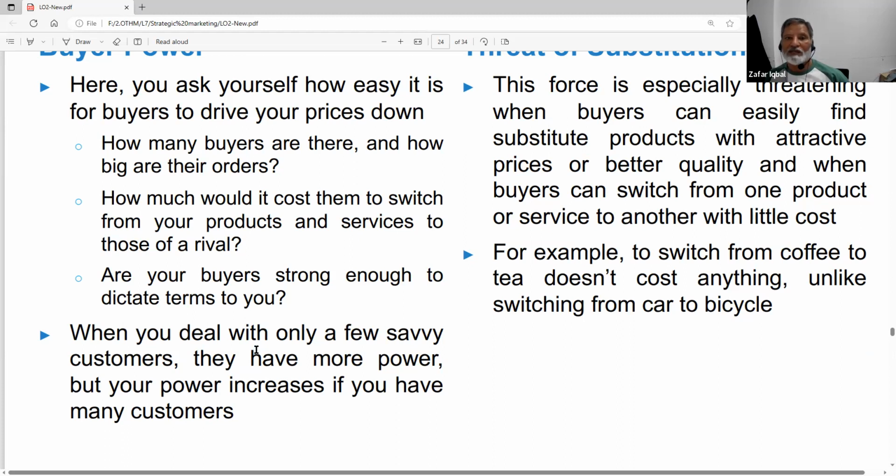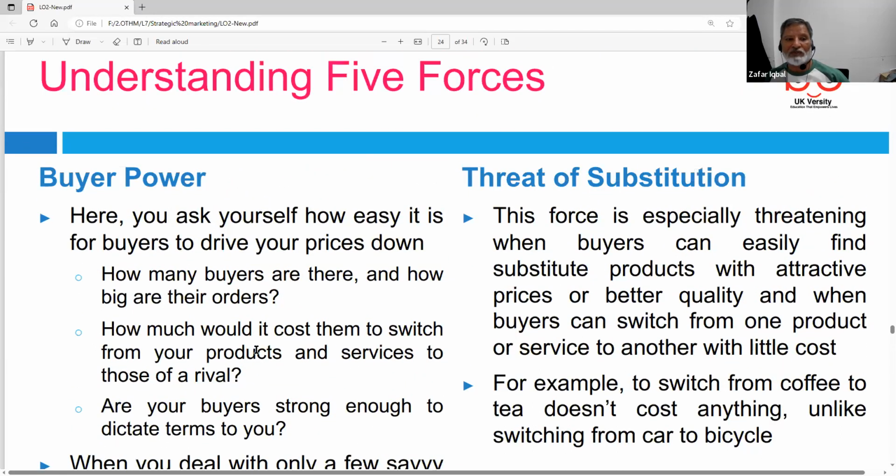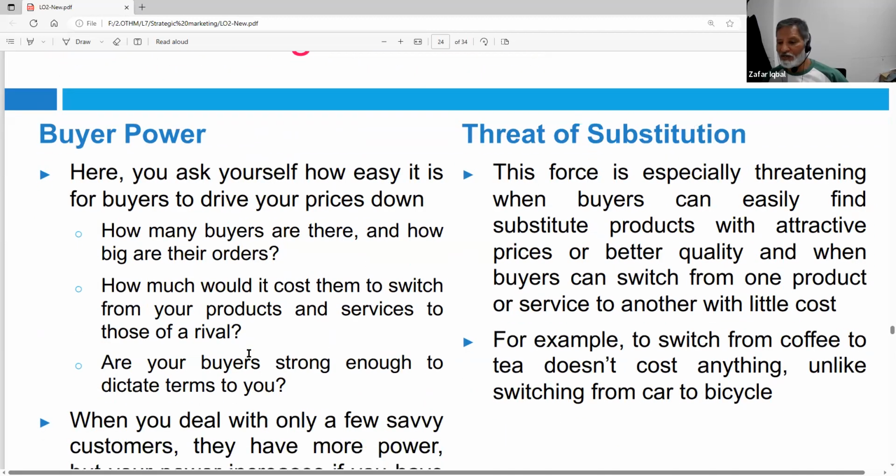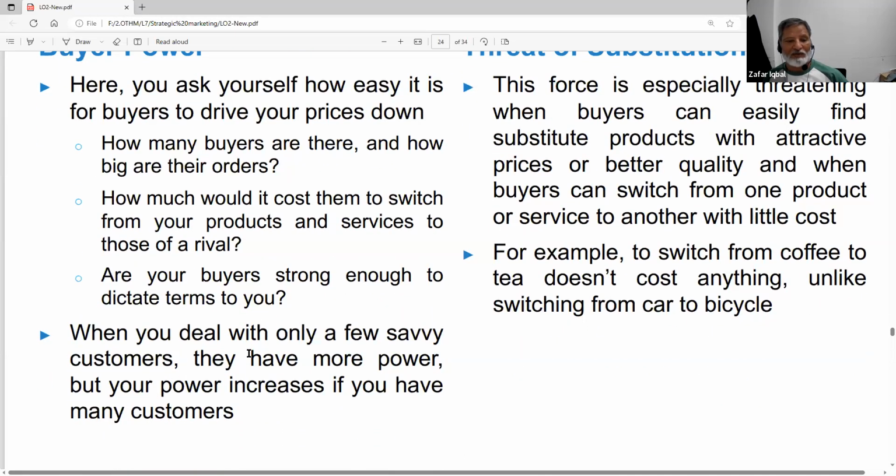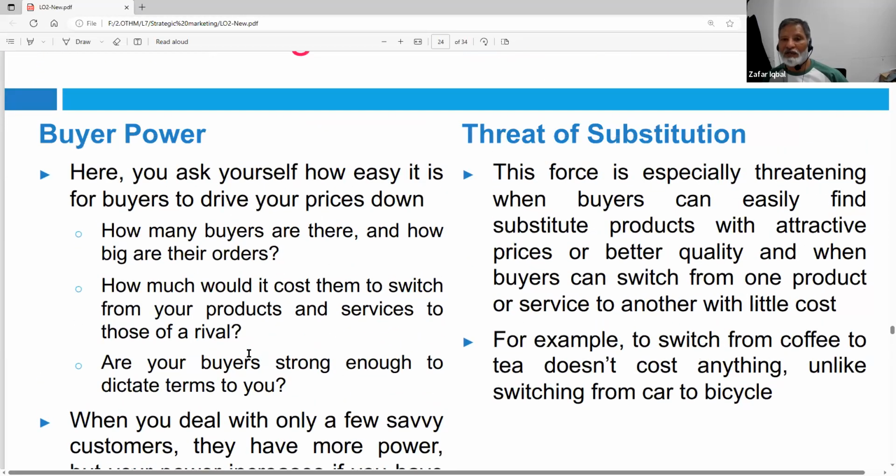Okay. So this is very important. The number of buyers determines the decisions that you're going to take. The more the buyers, the stronger your organization is. The fewer the number of buyers, the less power you have against those customers. Okay. And the last one, number 4, is the